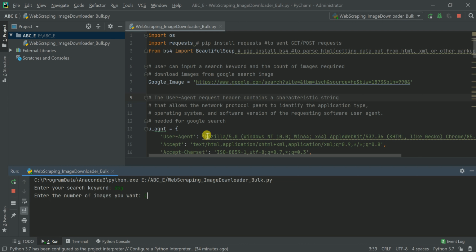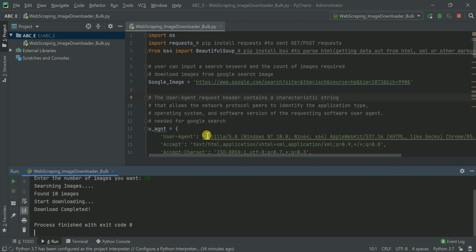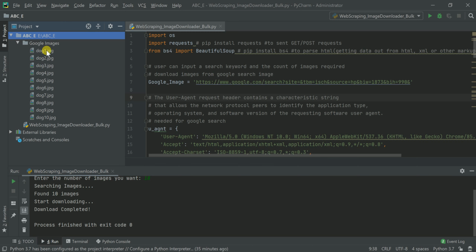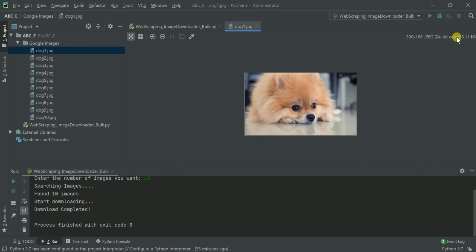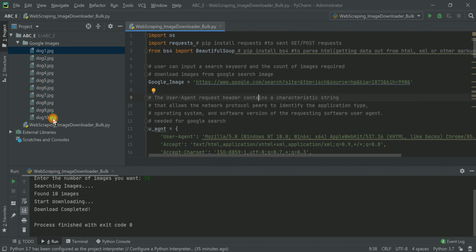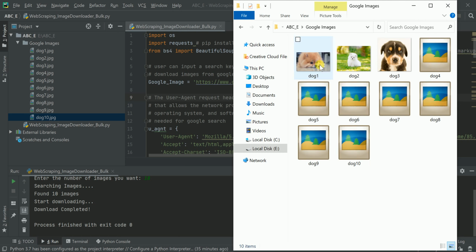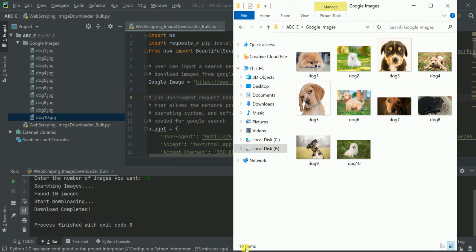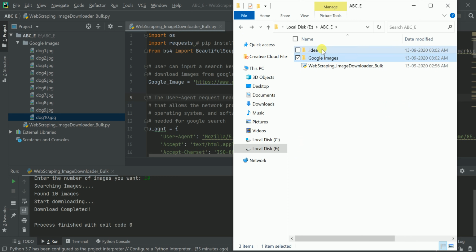How many images? 10 images, enter. Start downloading. Download completed. I can see here also Google Images. This is the dog folder, these are the 10 images. I can see here also this folder, 10 items, 10 images I got. Okay, this is fine.